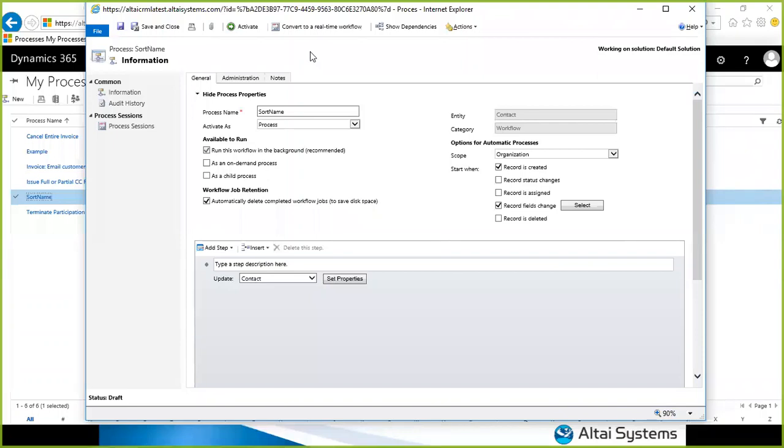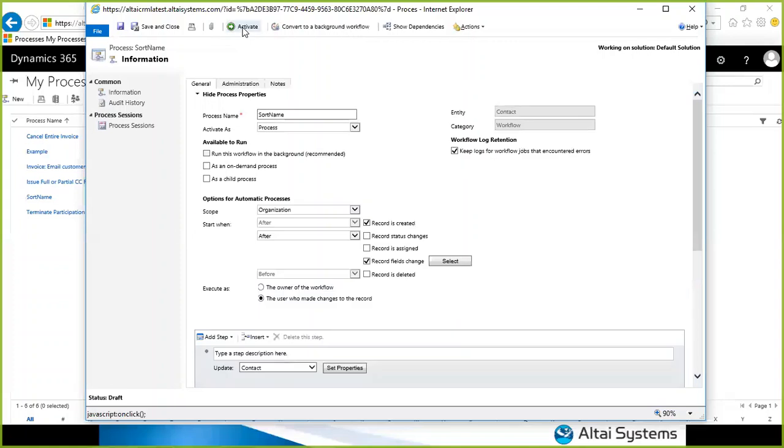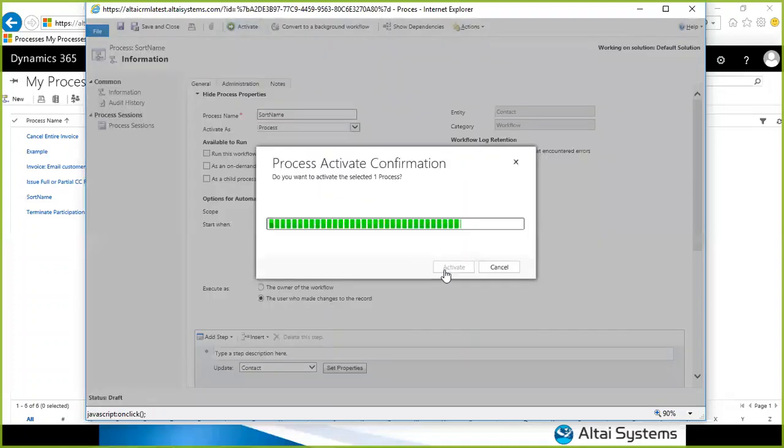The alternative is you can make this a real-time workflow, and it's similar to the way most plugins work, which is synchronous, meaning as soon as you hit the button and hit save, the workflow runs, and before the screen even comes back, your change has taken place. So if I were to convert this to a real-time workflow and activate,